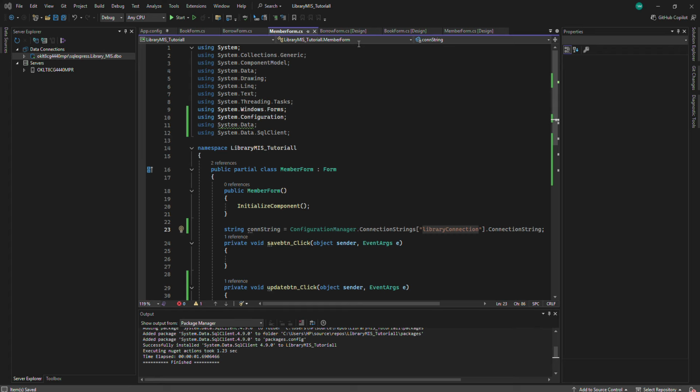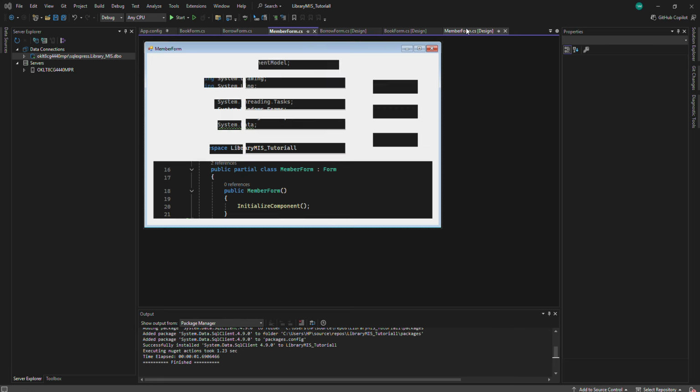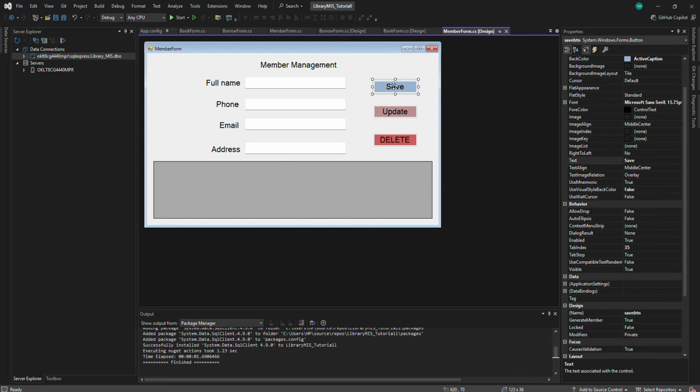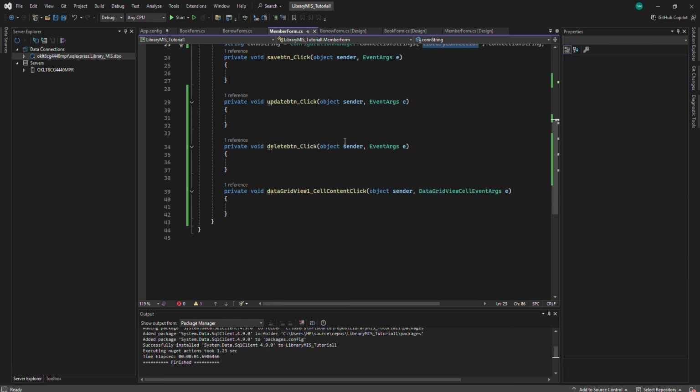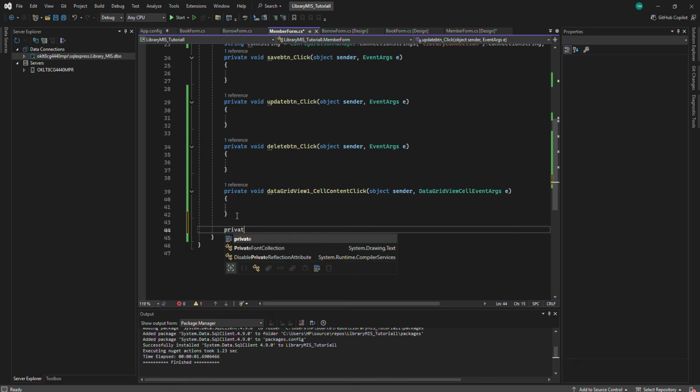So I'm starting with the member form. Let me go to view code. And let me first have a function that's going to display those members in the grid view, before even saving the ones that I have in the DB. So void, call it display